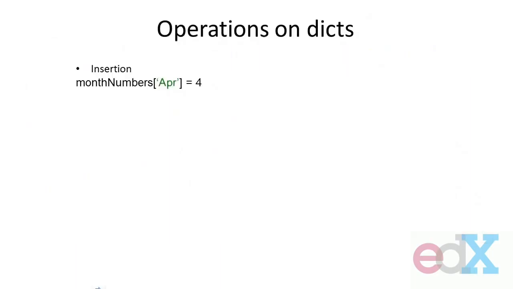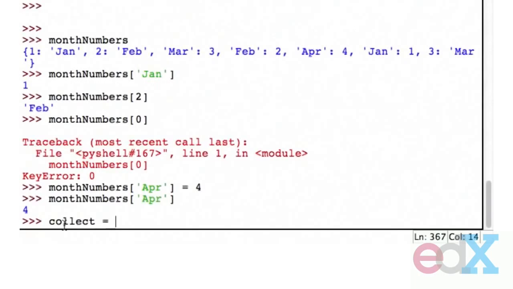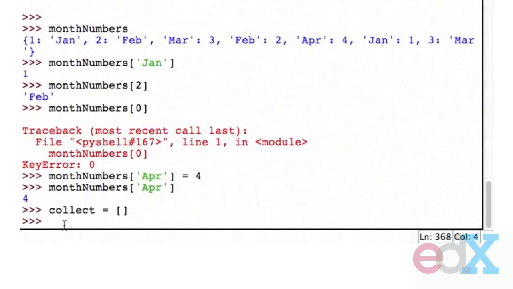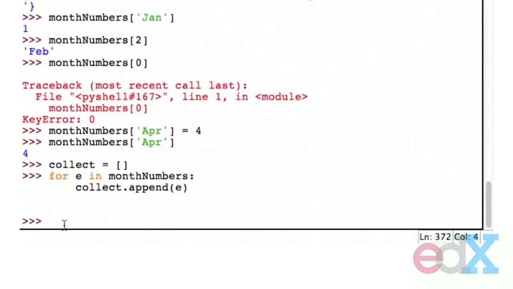I can also iterate over a dictionary, and I want to show you an example of this. I'm going to bring this up here. I'm actually going to type it in over here. I'm going to create a variable called collect, which is going to be initially an empty list. And then I am going to loop over this dictionary I created, month numbers. So I'm creating an iterator. E is going to vary over each of the elements of that. And I'm just going to append to the end of collect that entry. And if I now look at what collect is,